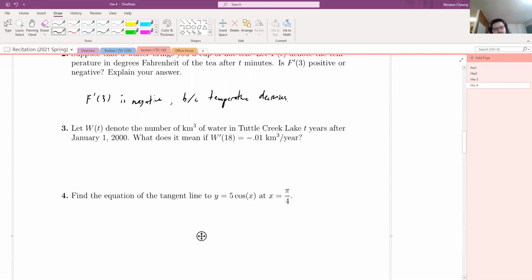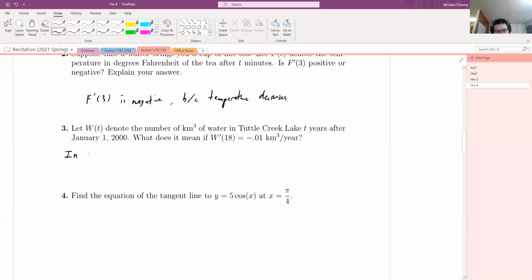For 3, you just have to translate this statement. W is the amount of water, so this is the rate of change of water. And then you have to say, okay, 18 means 2018, and phrase this all in words. So the way I wrote this is